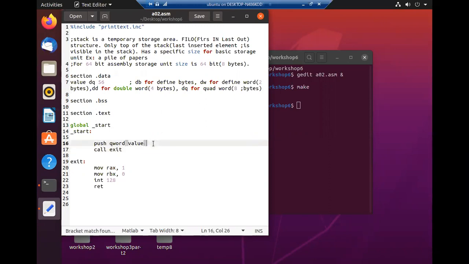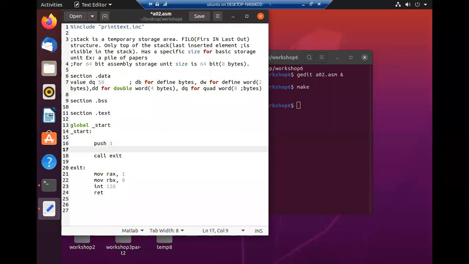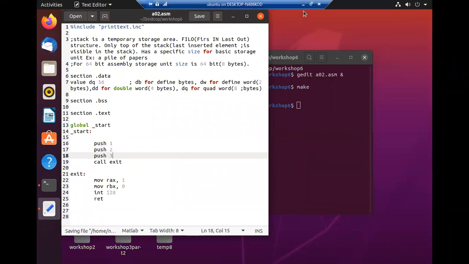We'll start this demonstration. We'll push each of the numbers: push 1, push 2, and push 3 into the stack.